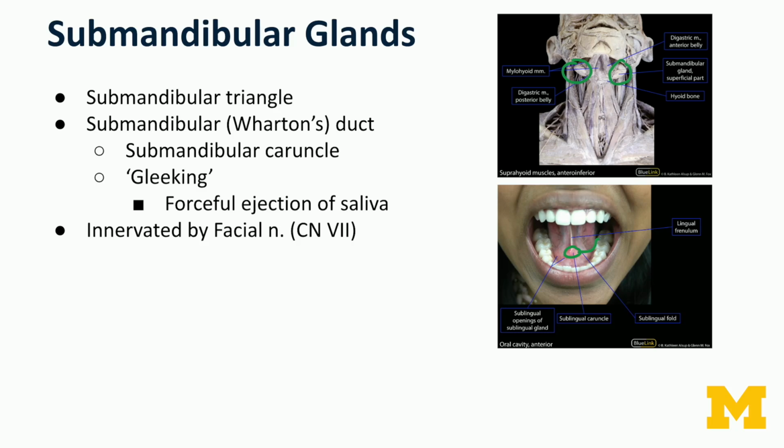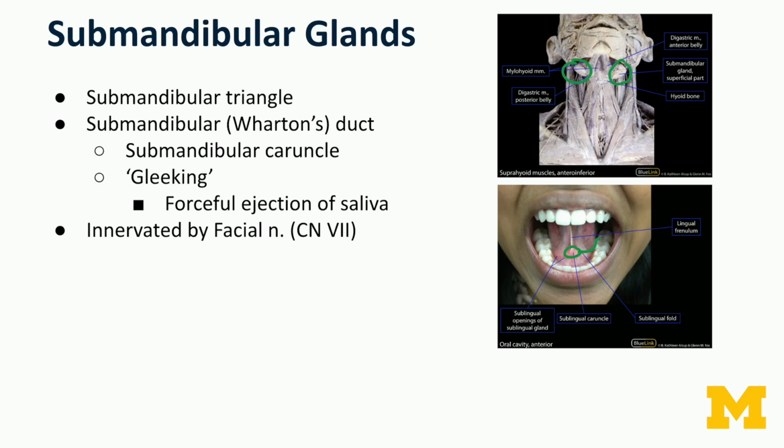the sublingual caruncle. If you have ever gone through elementary or middle school, you might have heard of the phenomenon of gleeking. Gleeking is where you forcefully eject saliva from that sublingual caruncle. So you spit by forcing saliva from the submandibular gland out those holes. Some people can do this on demand. Most people cannot. And the preganglionic parasympathetic fibers that serve the submandibular glands come from the facial nerve, cranial nerve